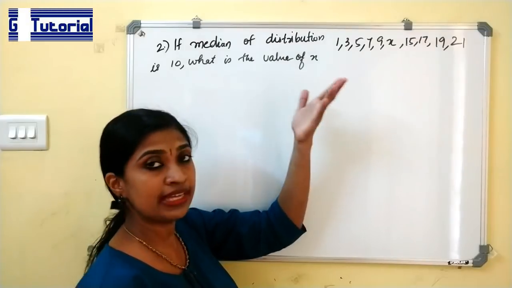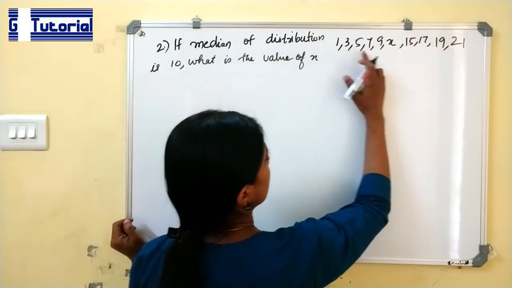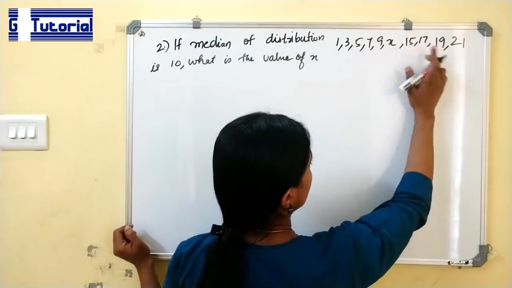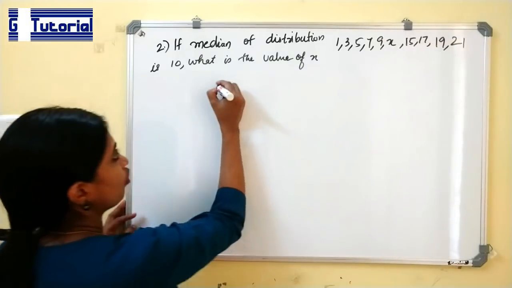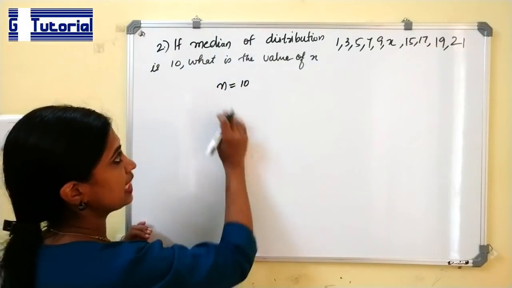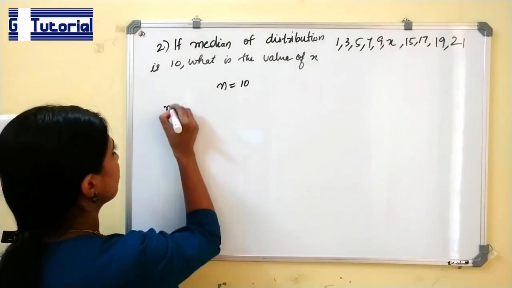That is, either it is even or odd. 1, 2, 3, 4, 5, 6, 7, 8, 9, 10. Value of n is 10. There are 10 observations. That is, n is even. So, median is given by